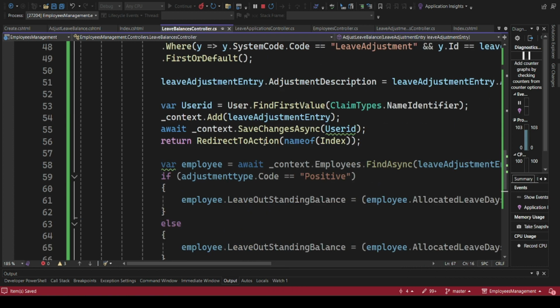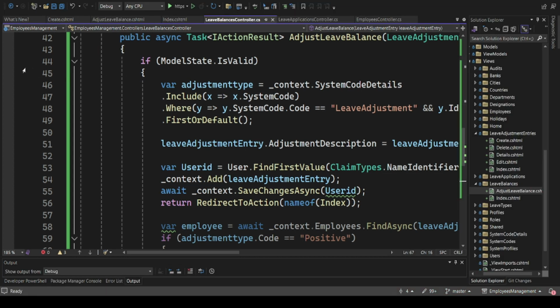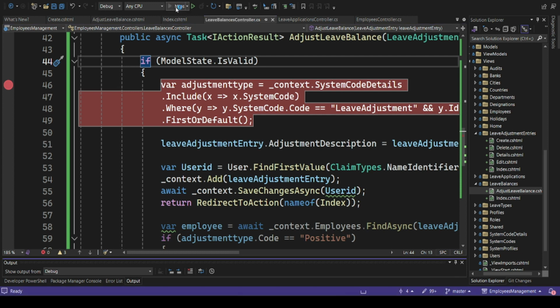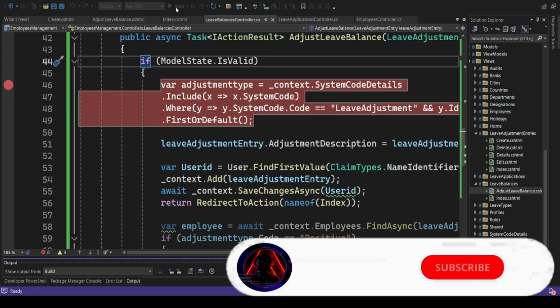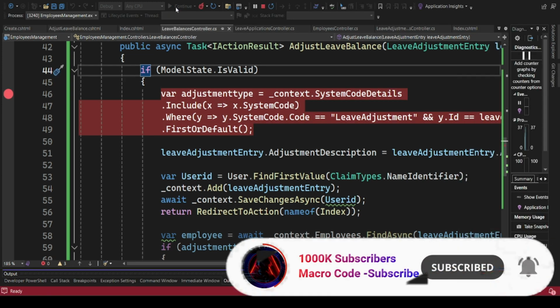So let's try to save now our changes and we see if our app is working or we are just doing some things that are not working. So I'm going to have our breakpoint here. Then let's just have this in practice and see if it will work. So we are going to do a positive adjustment for one of the employees so that you're able to see